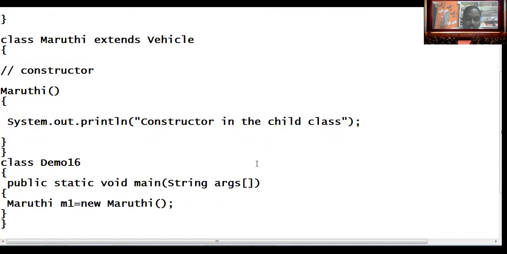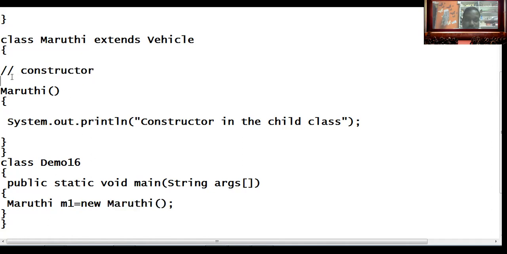We know that if you create an object for the subclass Maruti, the constructor gets executed automatically. Maruti is the subclass name, m1 is the object, new is the operator, and Maruti() is the constructor.